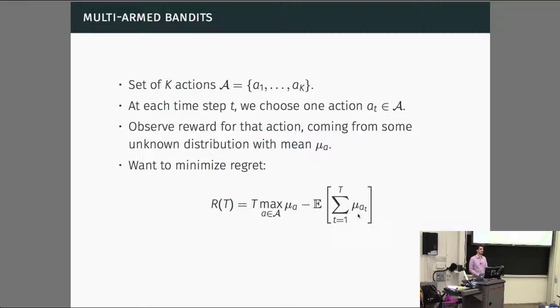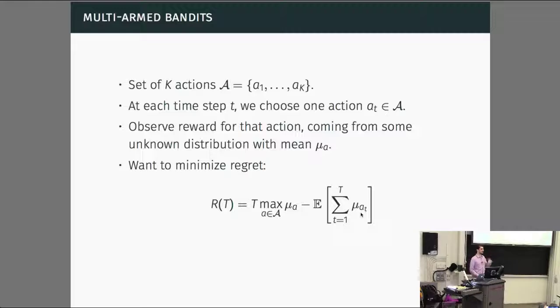But every action has a different mean, right? Yes, but I indexed it. I indexed mu by the action that we take at time t. So shouldn't it be the reward that you got at that action at time t? Well, if we take the expectation over that, we end up getting the mean. So yes, you could actually replace this with the reward we got at time t, but then the expectation will